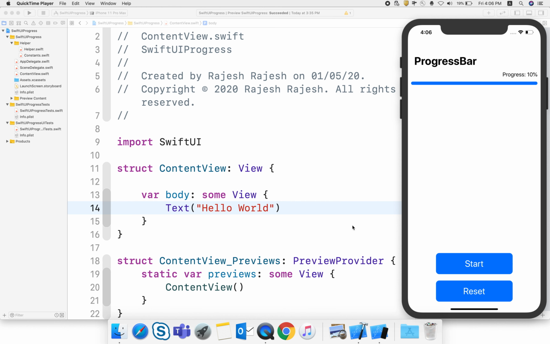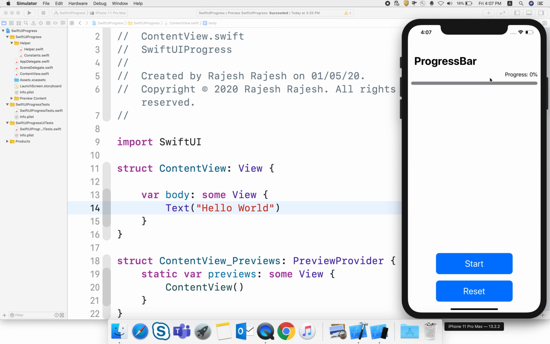Today I'll talk about how to create a progress bar in iOS using SwiftUI. So here you can look at the demo. There is a navigation bar titled Progress Bar, and here is a text showing the progress of a linear progress bar, and there are two buttons, a Start button and a Reset button. When I click on Start, it gets started and it takes around 10 seconds to finish that progress. You can adjust it according to your need, like 30 seconds, 20 seconds, 60 seconds, whatever you want. And when I click on Reset, it sets the progress to 0.